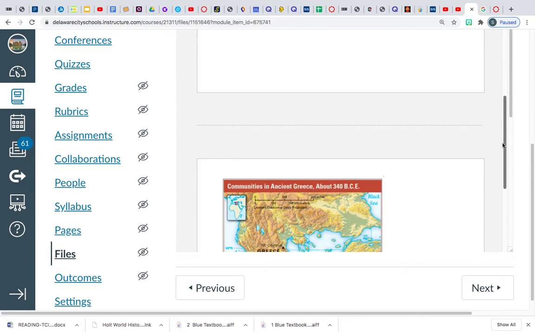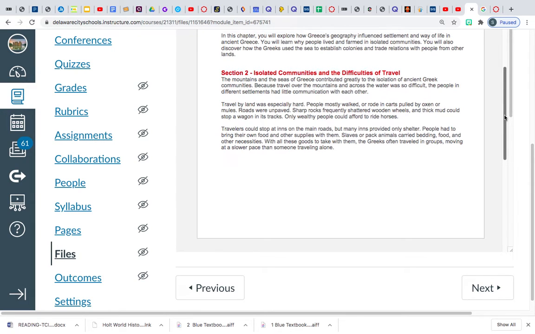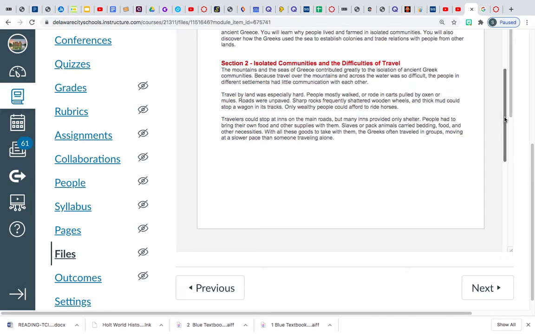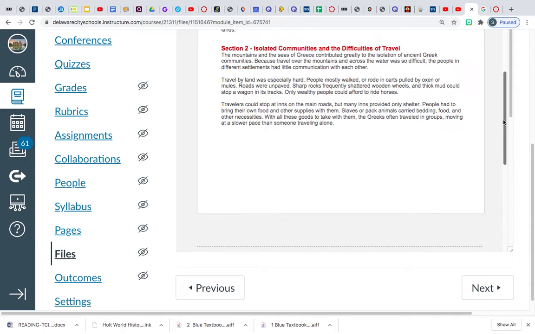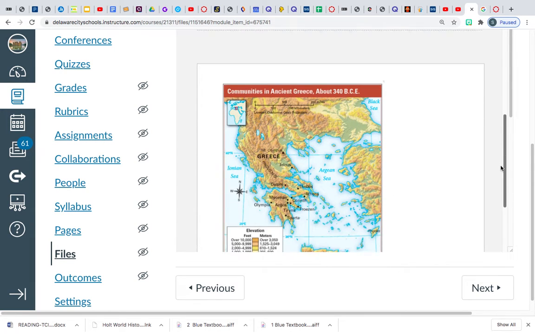Difficulties of travel, communities cut off from each other. So the city-states, the communities that the Greeks had created, were cut off from one another because of the mountainous, rocky landscape. So very often they would travel by sea because it was difficult by land. These city-states were like cities, but they were run almost like a country with their own army, separate armies from each other. They had different laws, different types of government, but they all followed the same Greek gods, but they were run very differently from each other.